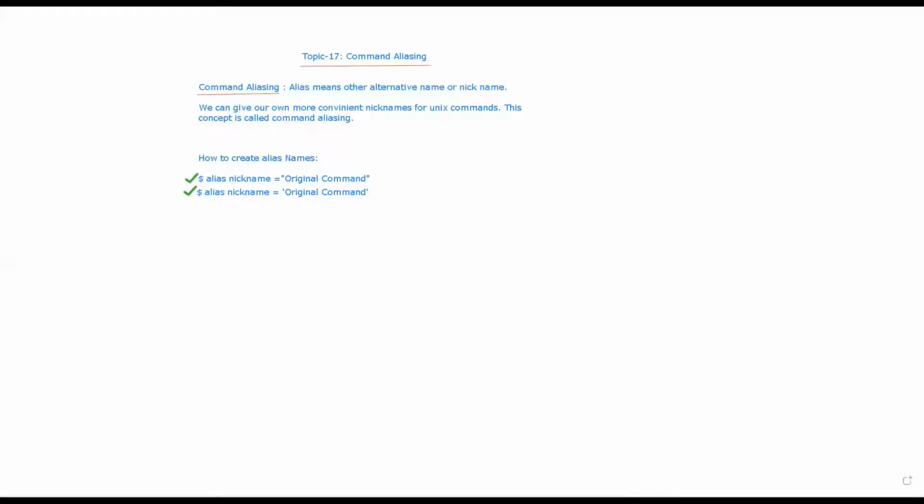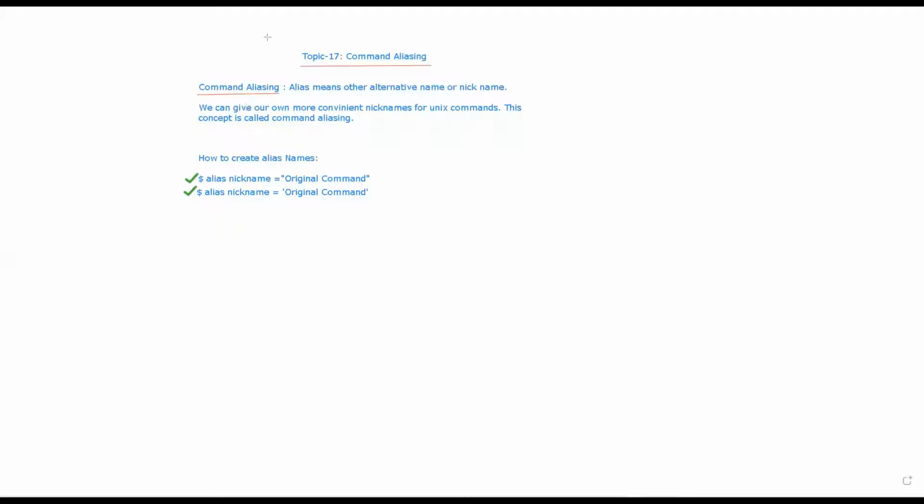So basically, these are the two ways you can create the alias name, right? Now, after the alias name, space is not allowed. Means what?